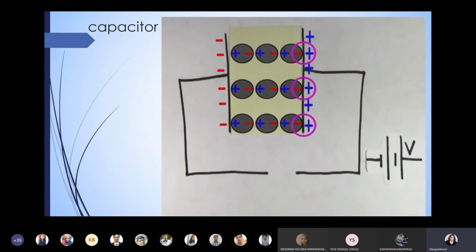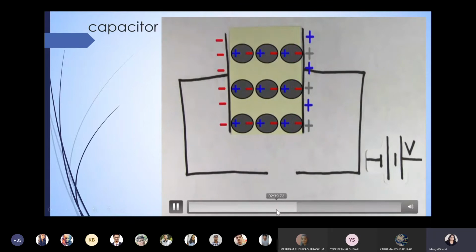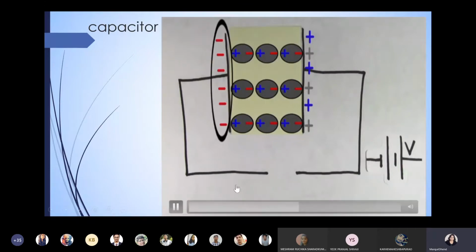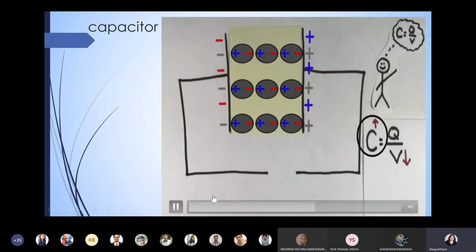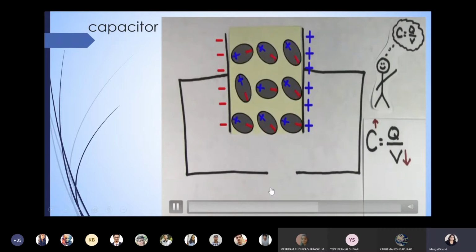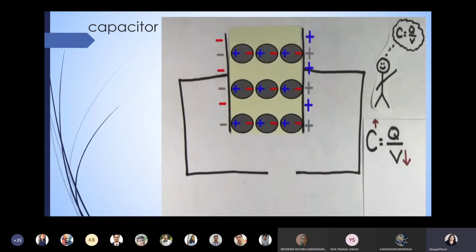In other words, some of the positive charges on the capacitor plate are having their contribution to the voltage negated by the fact that there's a negative charge right next to them now. Similarly, on the negative side, there's just as much negative charge as there ever was, but some of the negative charge is negated. A smaller number for the voltage is going to result in a larger value for the capacitance. So inserting a dielectric in this case increased the capacitance by lowering the voltage.